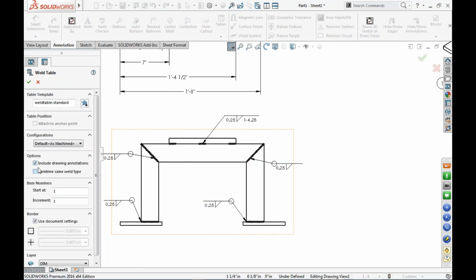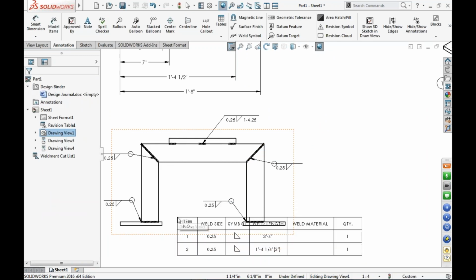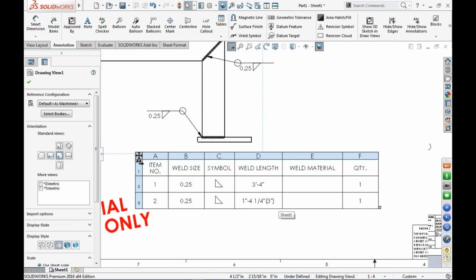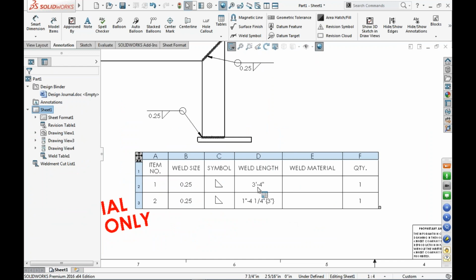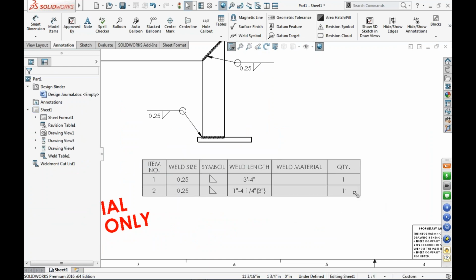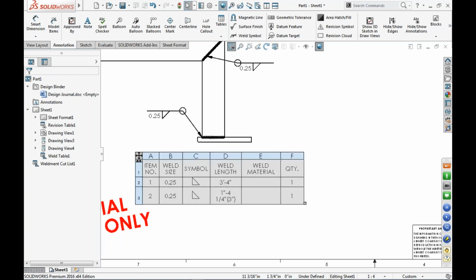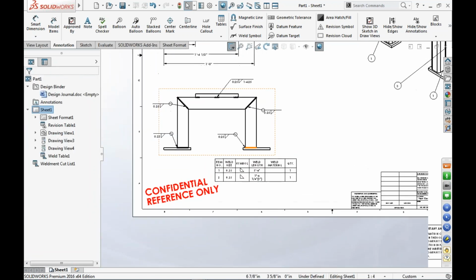I'm just going to do a very simple one to include drawing annotations and combine the same weld type. We're going to hit OK. We're going to place this right down here. And it's going to give us some information about the total weld length of this, and we can add costing information and a lot of information to this that I pretty much just glossed over and did very, very quickly. I'm just going to shrink this down a little bit, and there we've got a great little weld